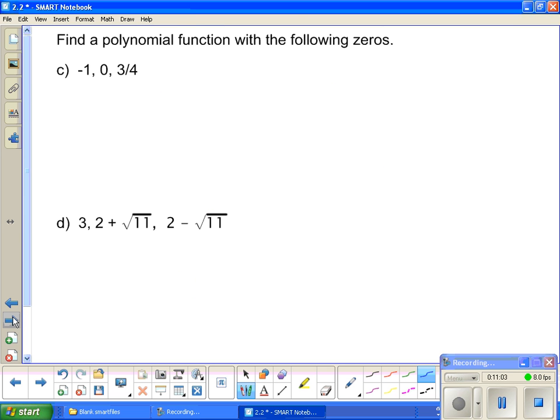Last two. Okay, D is a little complicated. Okay, if 1 is a solution, it's going to be x plus 1. If 0 is a solution, it's just x. Now, when you have a fraction, remember that the denominator has been the coefficient on the x every time we solve this. So if I solve it, I'm going to say,